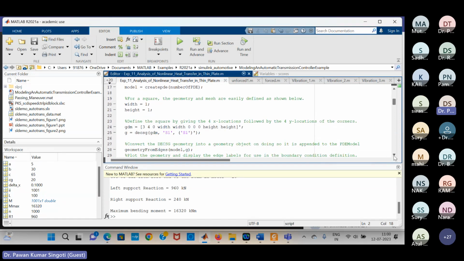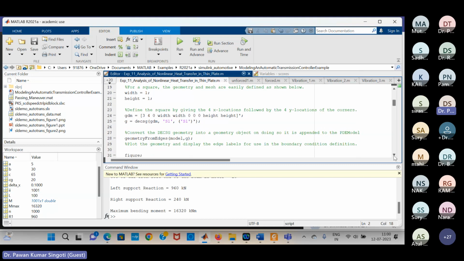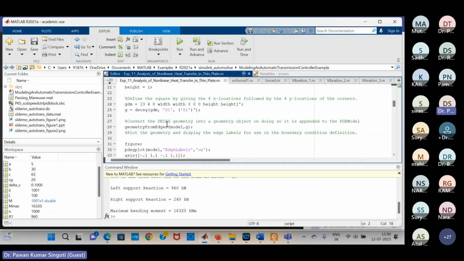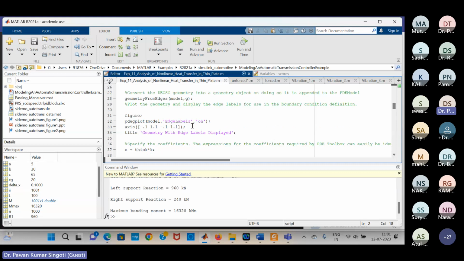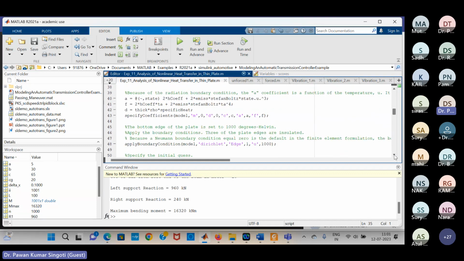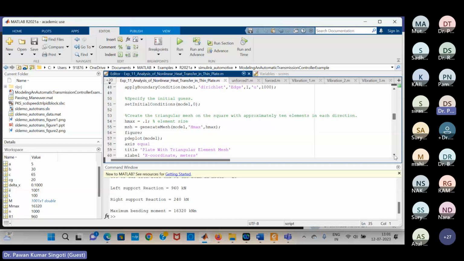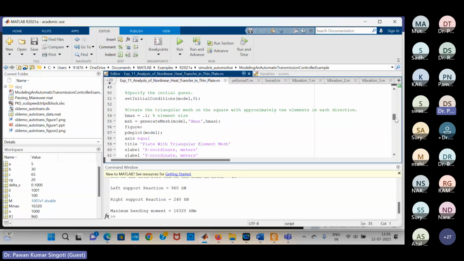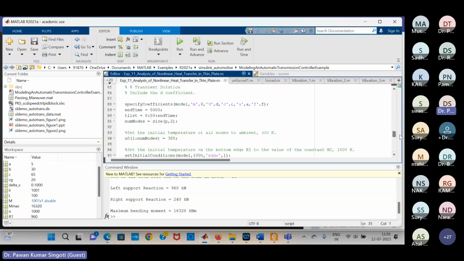Now we will define the quality of the meshing. The geometry is given here as G, to define the geometry of the object. It will show in the PDE model, and you can explore this with pdeplot. With the help of this you will get more information, such as c with thickness times k and so on. After running this, it will show the state and heat of this